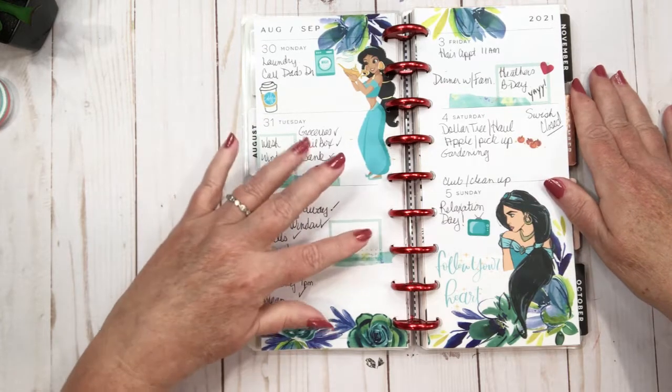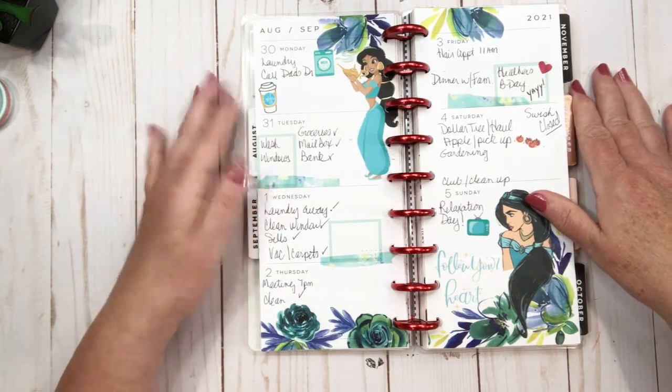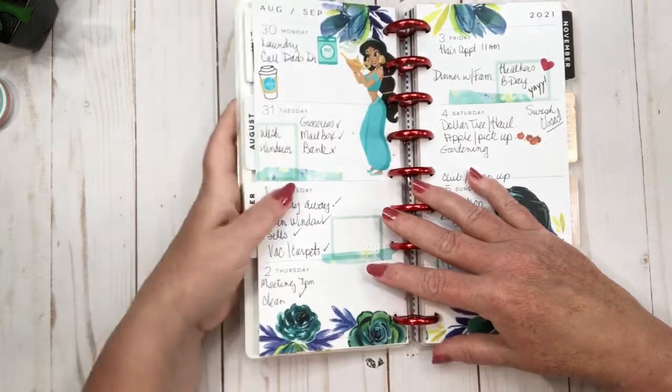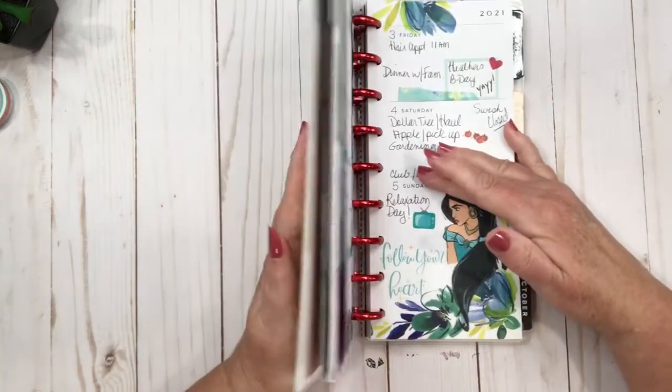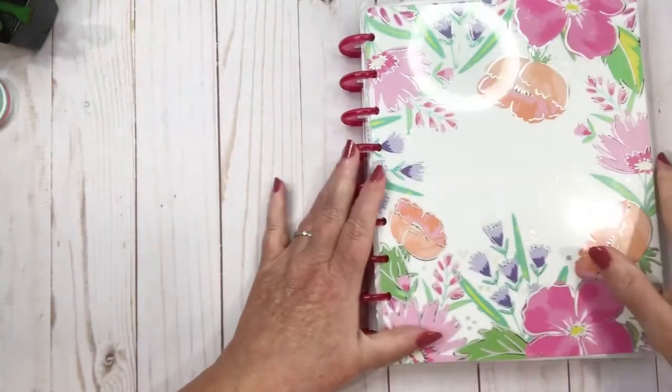I didn't end up using this box. I have no idea why, but that's okay too. You're not going to use every single thing that you put in there. So that's that, the August flip through. And the next one, last but not least, is